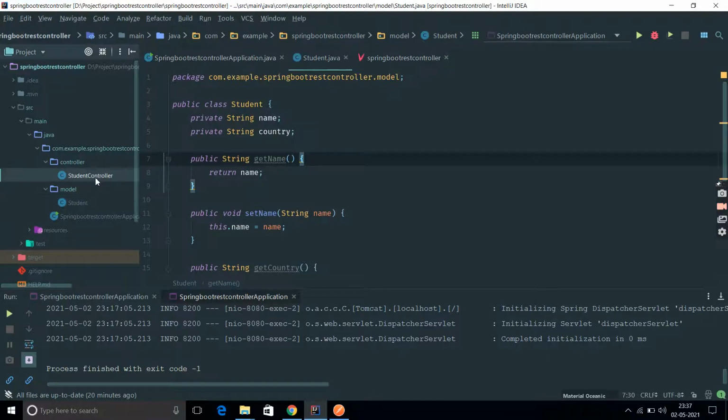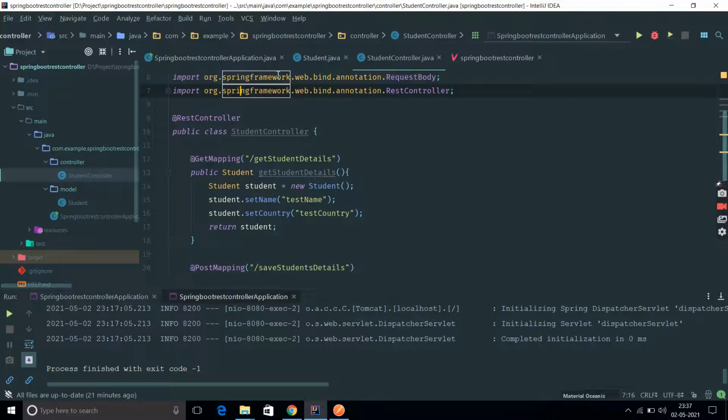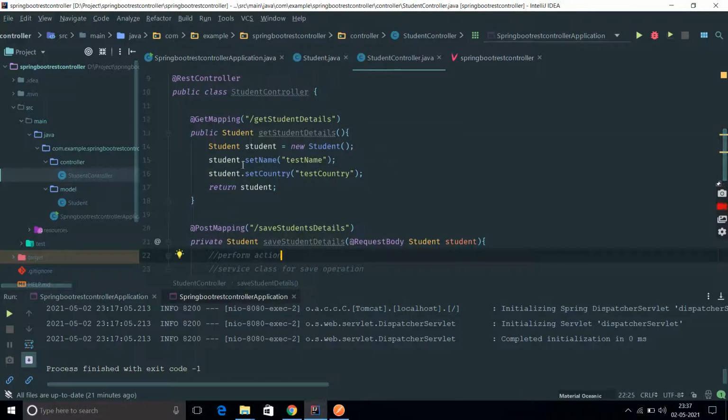After that, in the controller, if you want to create a RESTful web service, we have to annotate the class with @RestController. I am using GetMapping and PostMapping. This is the annotation you can see. Since this is a demo, in the model class I have set the variables name and country, then I am returning the same student.